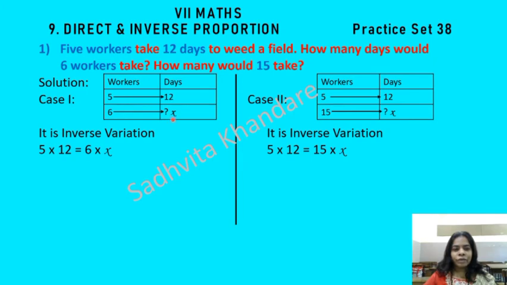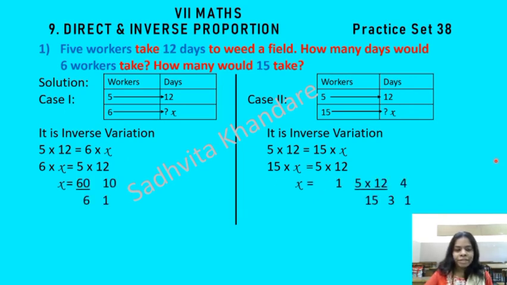5 into 12 is equal to 6 into X. 5 into 12 is equal to 15 into X. Now this 6 will be shifted to the other side. Multiplication will change to division. Here also the same thing will happen. Into 15 will go on the other side and it will become divided by 15, means upon 15. I have just written it the other way around, children, because this way we find it easier. So we have interchanged the places. X will be here only. So now we are going to shift 6 to the other side and 15 to the other side as we know.